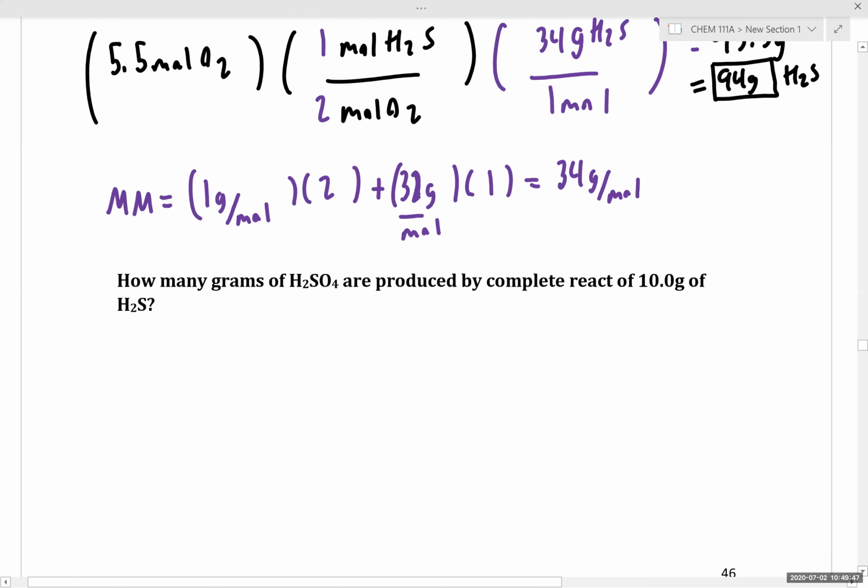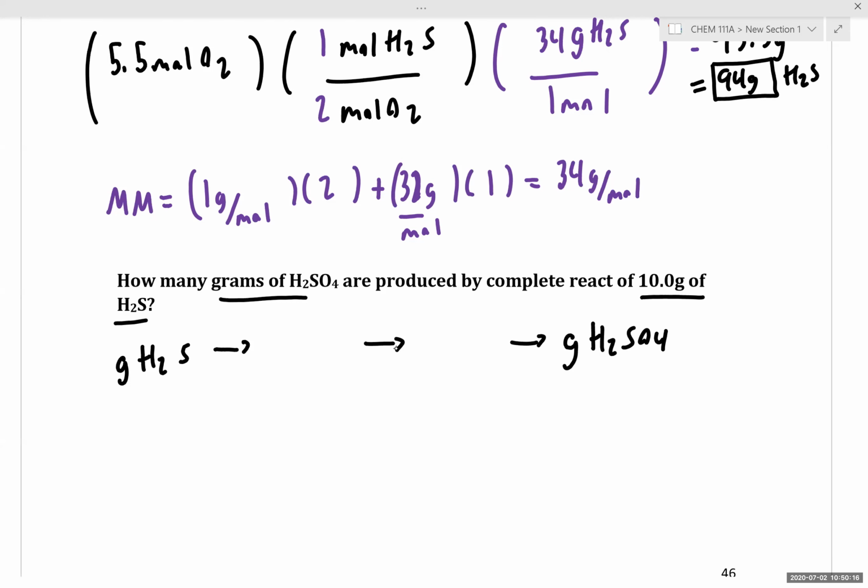we're asked to calculate how many grams of sulfuric acid are produced by complete reaction of 10 grams of hydrogen sulfide. So we're asked to go from grams of hydrogen sulfide, and we're going to end with grams of sulfuric acid. So how do we relate these two chemical species? What units are we going to go through? What units allows us to relate the quantities of reactant and product? Moles, exactly right. So we're going from grams of hydrogen sulfide to moles of hydrogen sulfide to moles of sulfuric